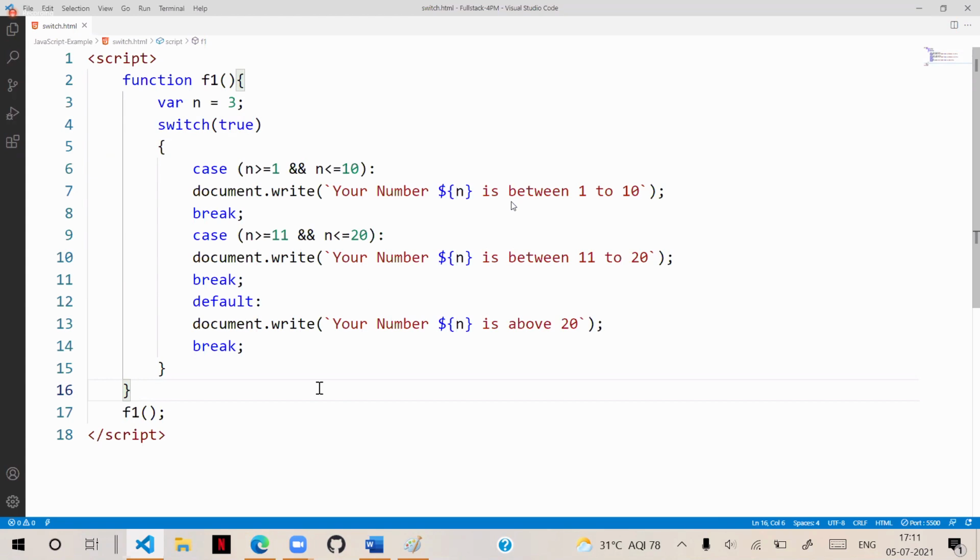Then you have to pass the Boolean value, that is true or false. Here switch will not accept false; it is not good to pass false in switch, because switch should always start with a positive, otherwise it will behave abnormally. It should pass true. Now you see, it is saying that your number 3 is between 1